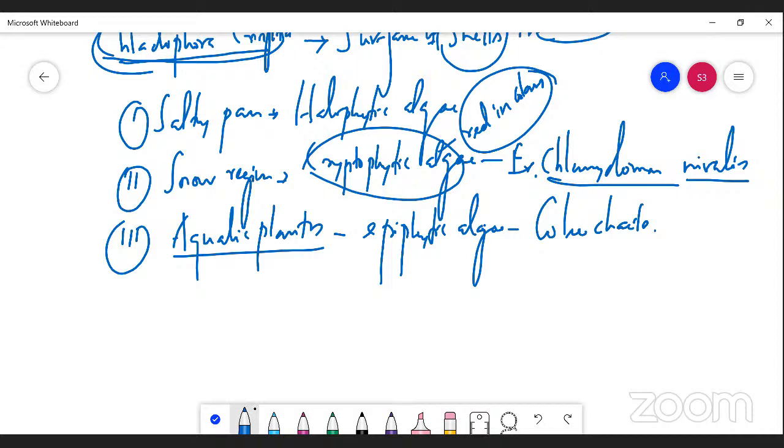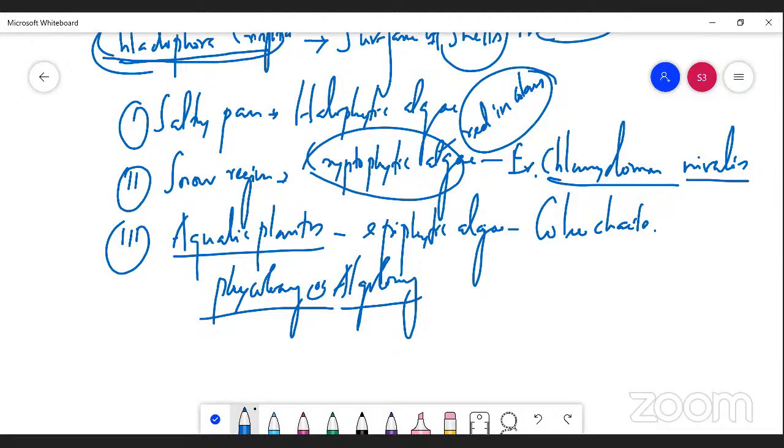Lastly, I will tell you that the study of algae is commonly called phycology, also called algology. There are a number of eminent algologists all over the world. Some of them are F.E. Fritsch,